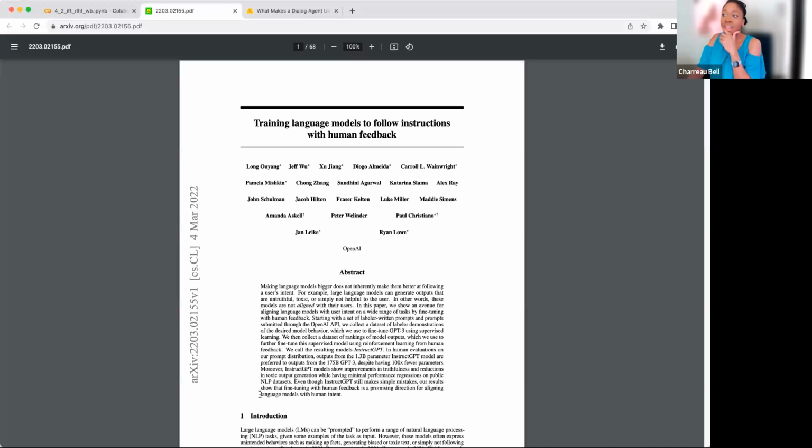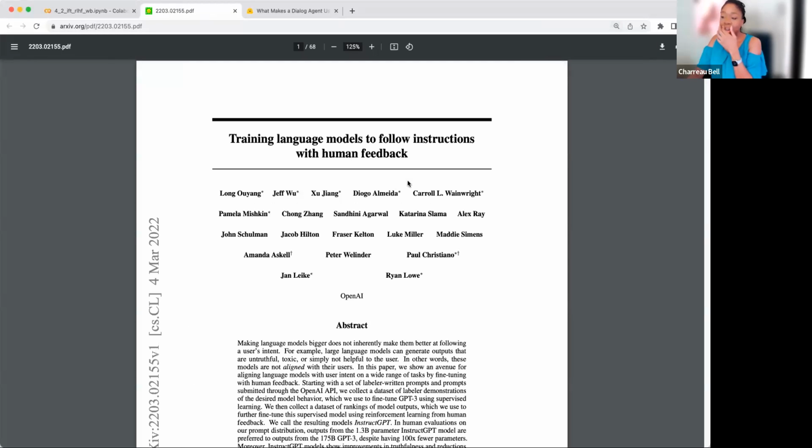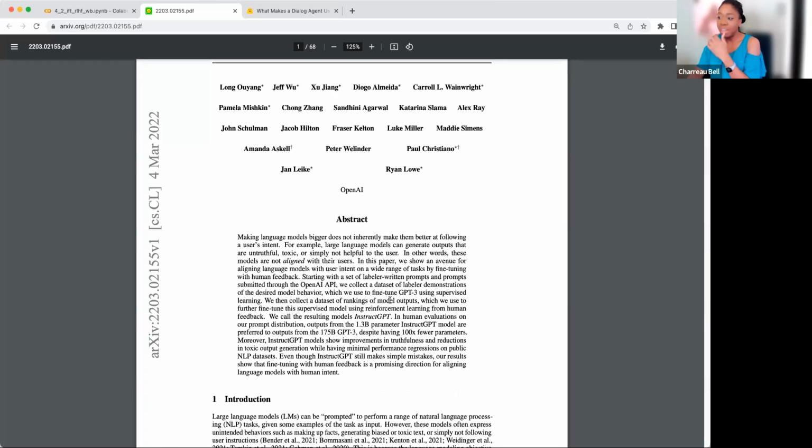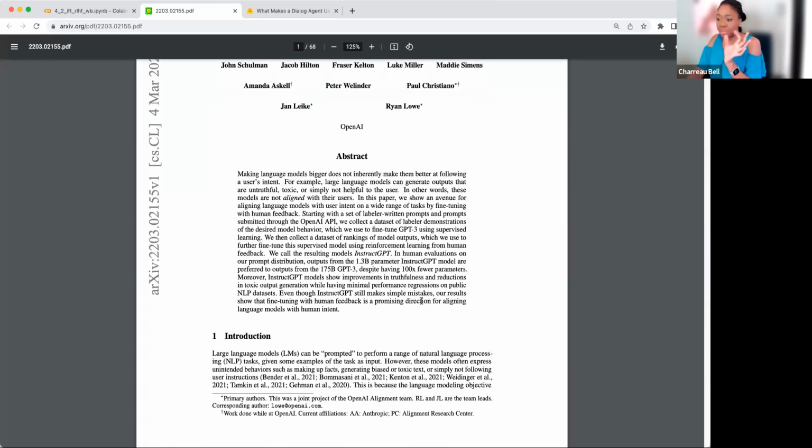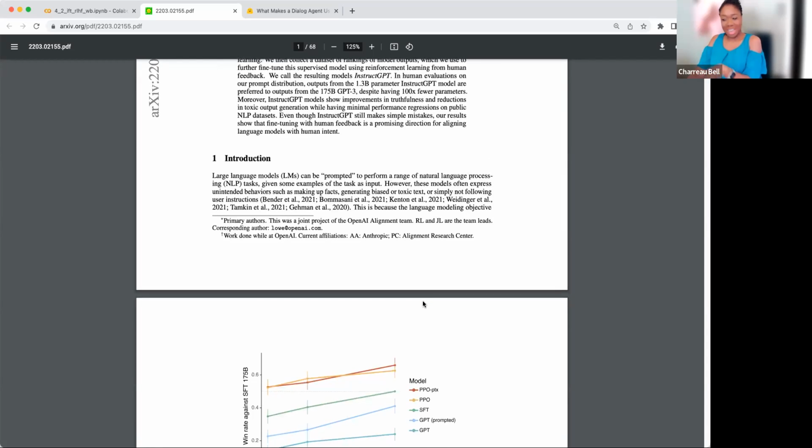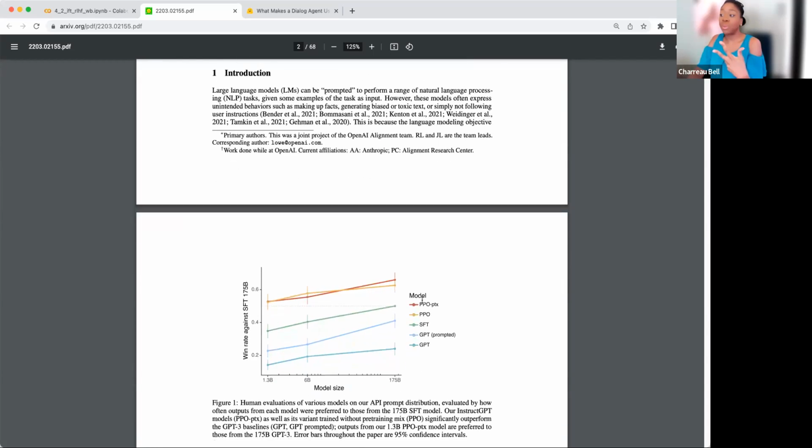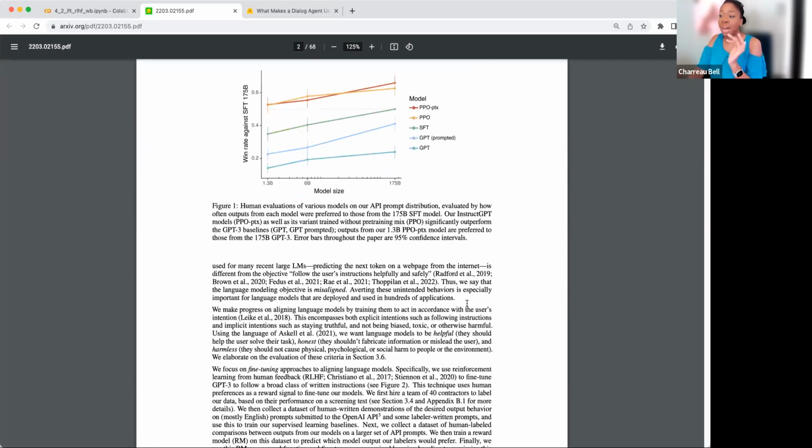This is an exceptional paper. It is actually coming from OpenAI, from their findings on ChatGPT, so GPT-3, GPT 3.5. I would, again, highly suggest you take a look at this and read it in depth. It tells us about a lot of things we would want to think about in terms of training our models, especially if they're going to be used by a lot of people.